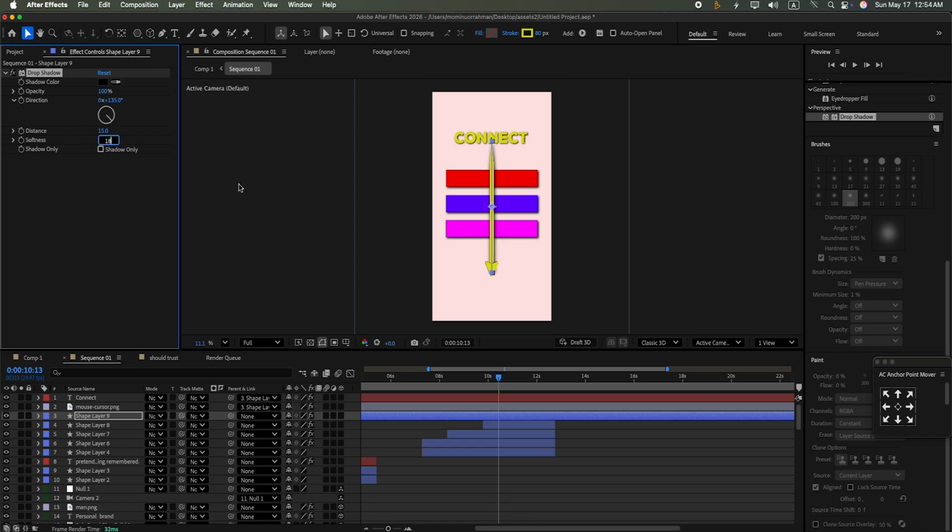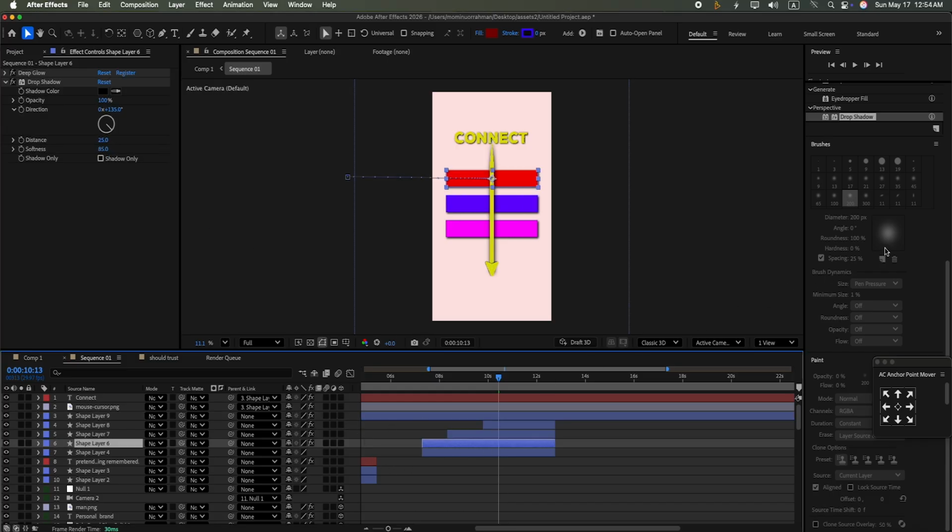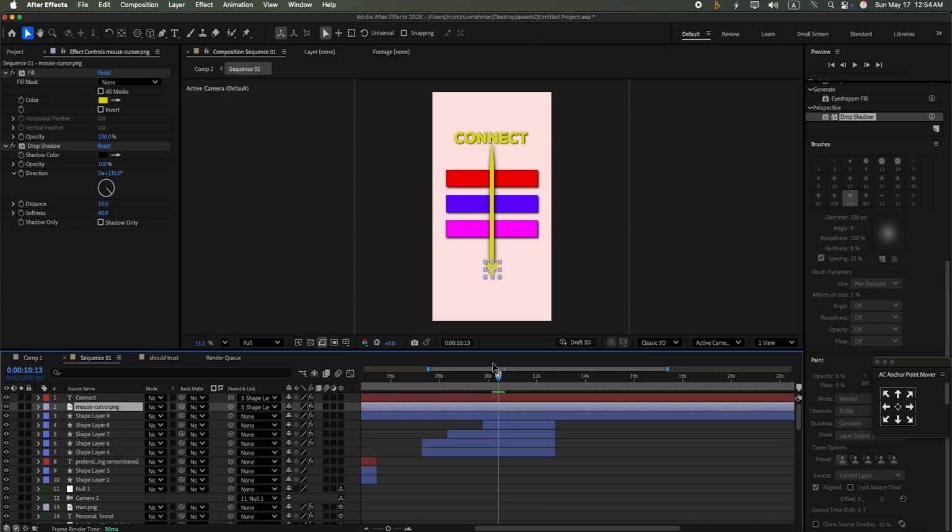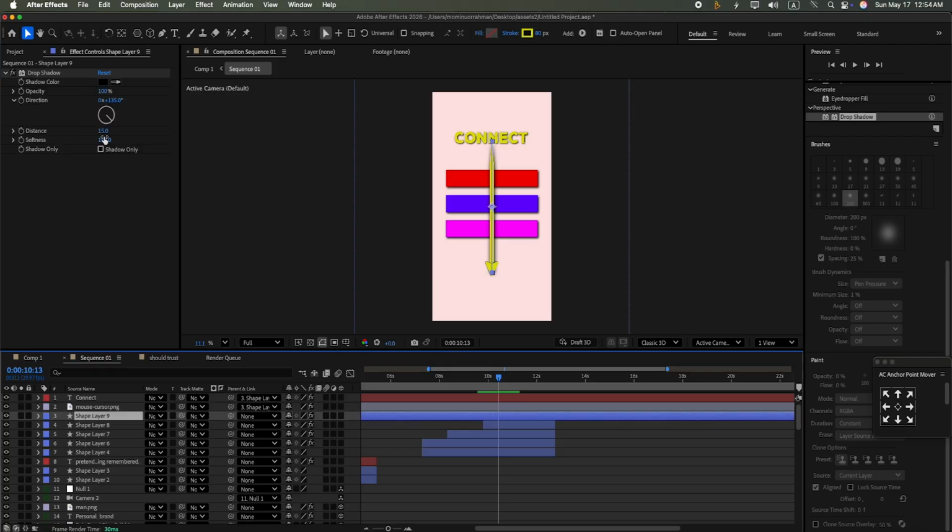Now come to remove and cut the drop shadow. Then and then we go to the